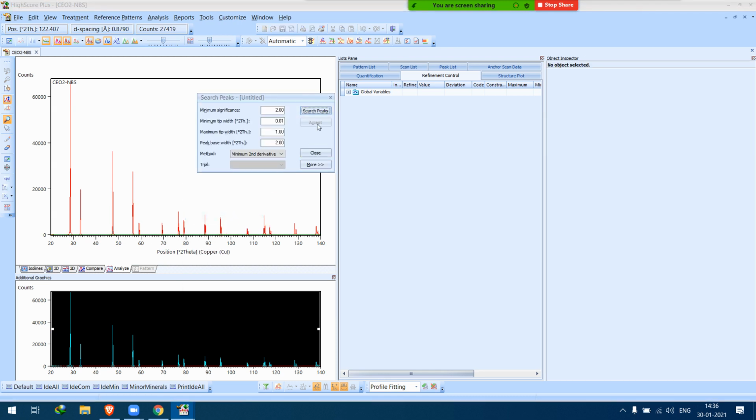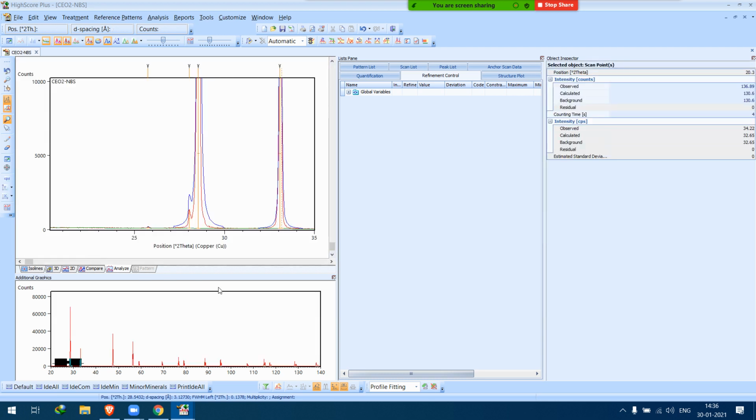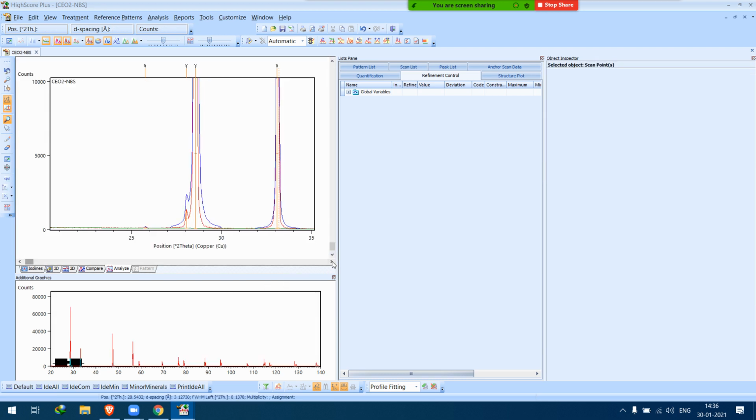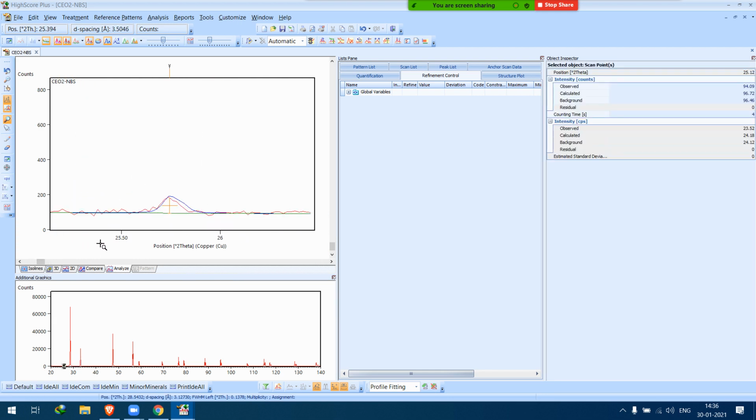Then search for the peaks. Just look for any weird movement. This peak was there or not? Yeah, there is a peak here.